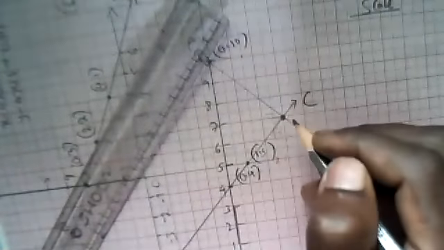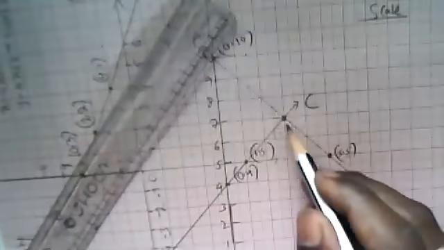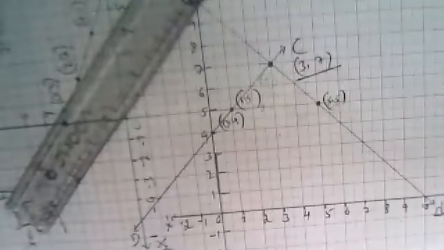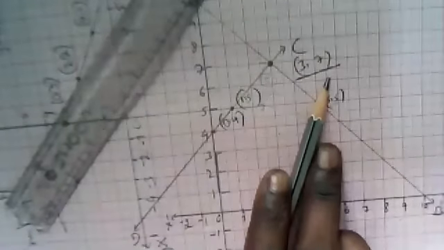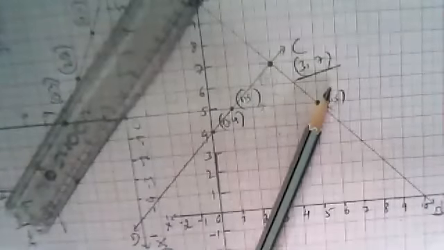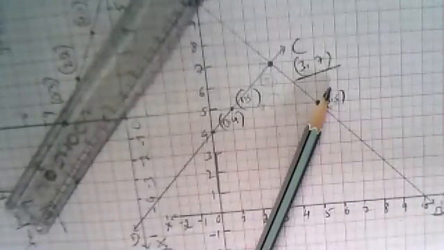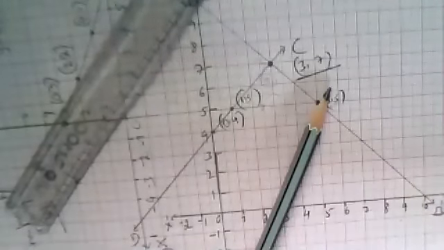And the two lines are intersecting at a point. Therefore, at this intersecting point, the x value is 3 and the corresponding y value is 7. Therefore, this is the answer. The two lines are intersecting at x is equal to 3, y is equal to 7. At the end, you can write the number of boys participating is 3 and